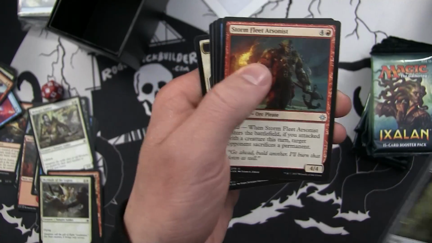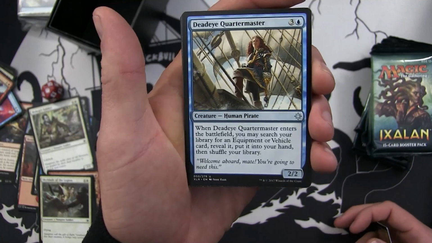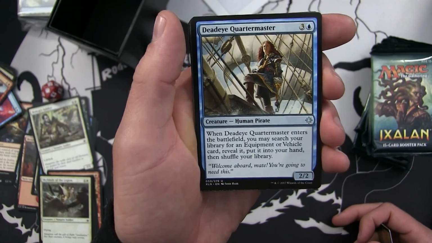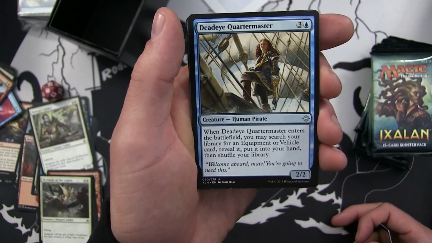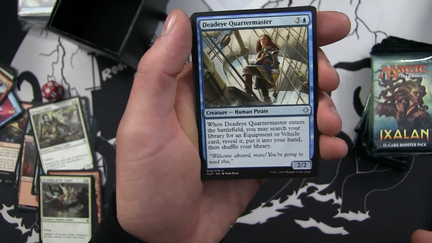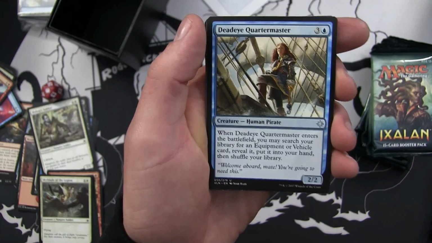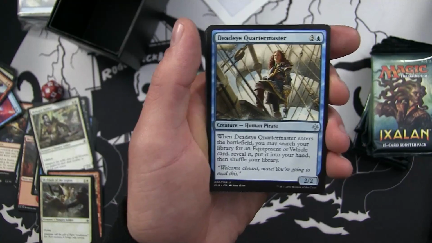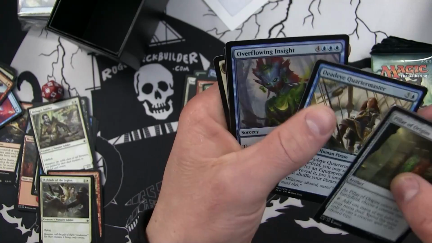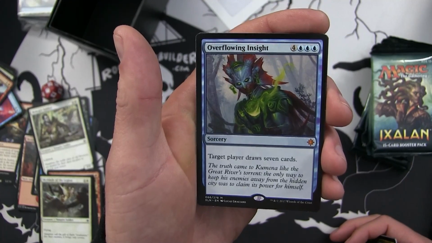Stormfleet Arsonist, the Deadeye Quartermaster. This is another card that I think you should not throw in your bulk, because it has an ability that I think is relevant for Commander, being able to search for an equipment or a vehicle. It's one of the only ways you can specifically tutor up a vehicle. Yes, there are some cards that specifically can tutor up artifacts, but the more commanders they print that deal with either vehicles or equipment, the more this will be a card that goes in those decks. And the Overflowing Insight, a card that really never took off, drawing 7 cards for...